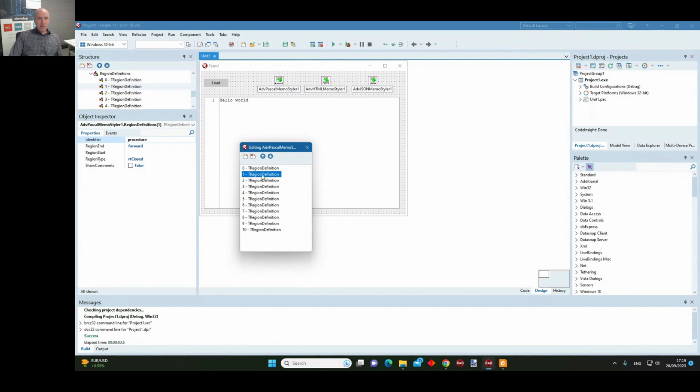And in a similar way, we have other types of code blocks like the constructor, the destructor, an interface, the unit as a whole can also be a region, the implementation section, interface section, try, end blocks, etc. So these are all regions.